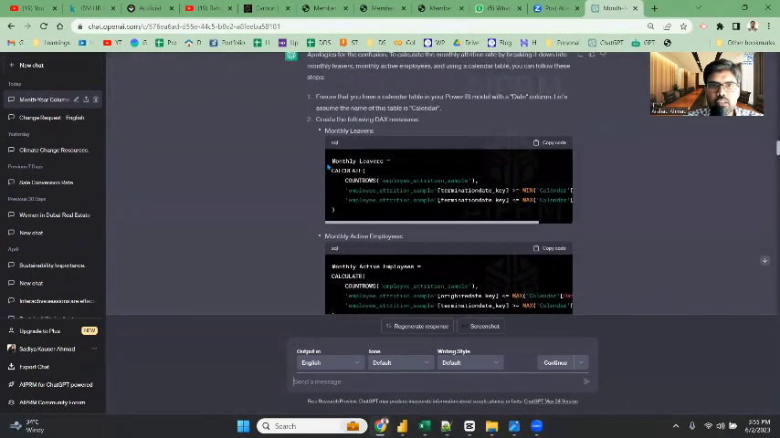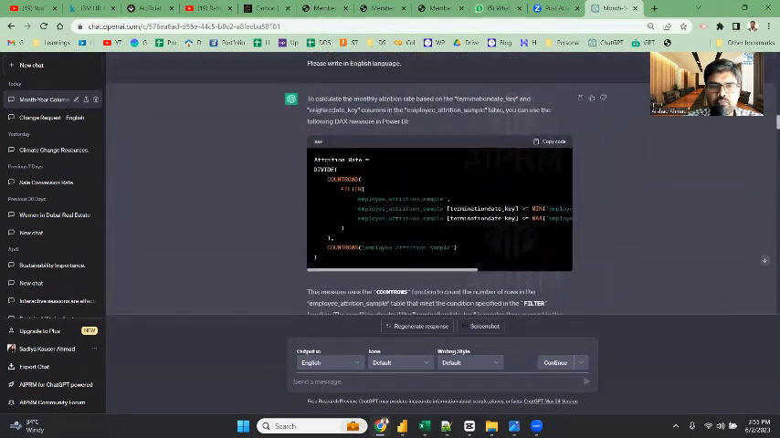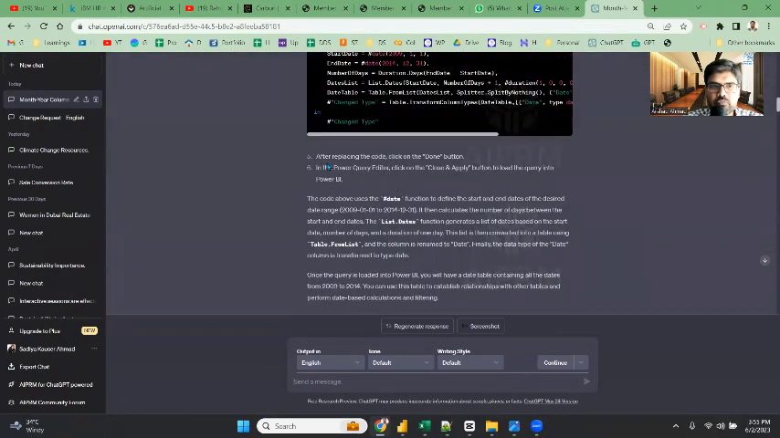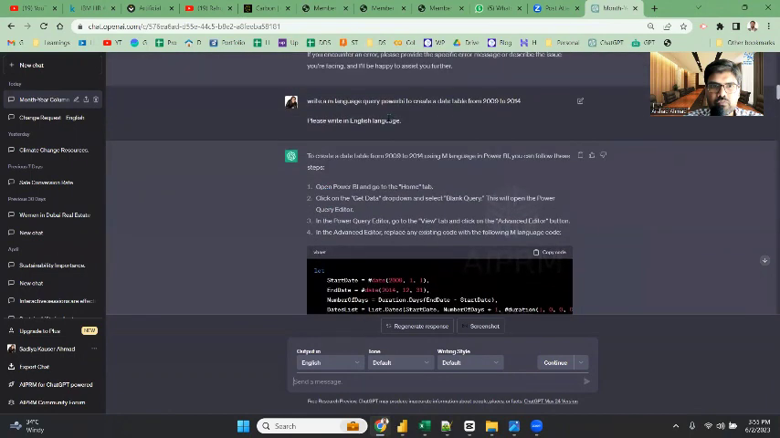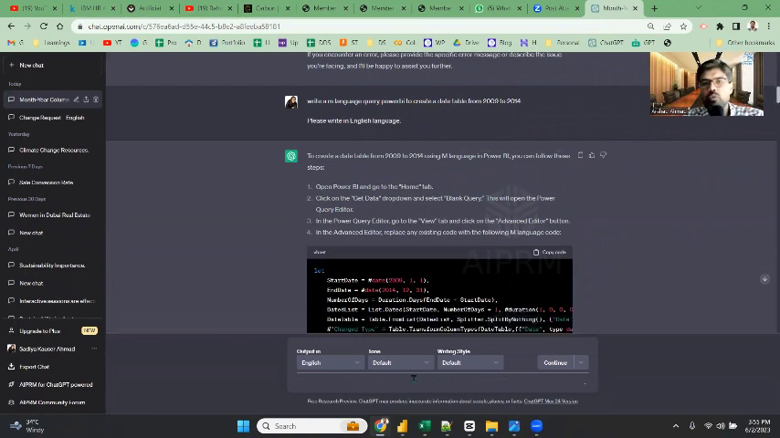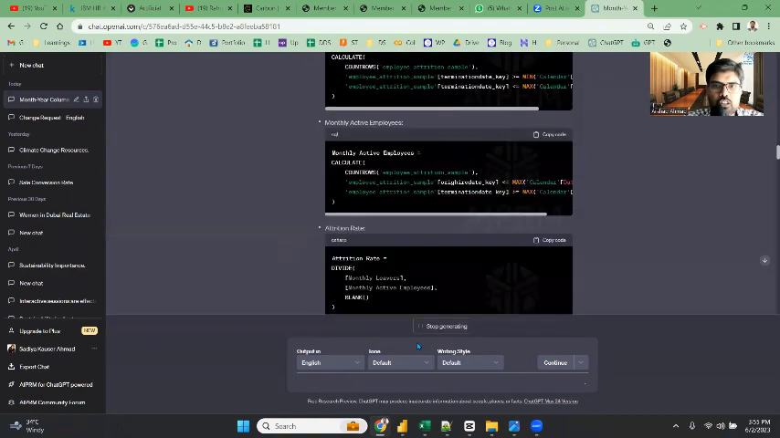So the first thing is, let me just copy this, so that we need to write an M language. So write an M language to create the table from 2006 to 2015. We saw the date. So now this is the thing. Write an M language query in Power BI to create a date table. So this is going to give us a